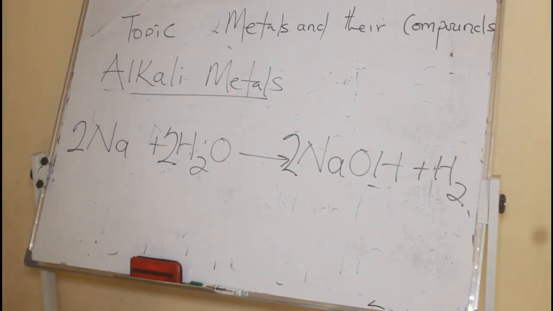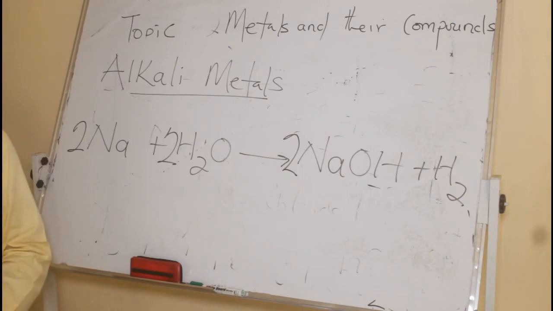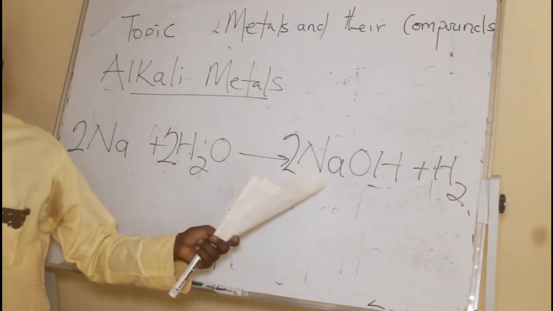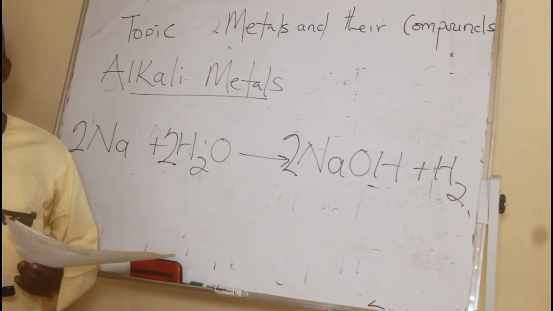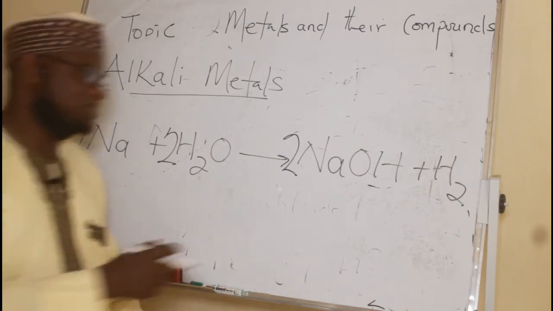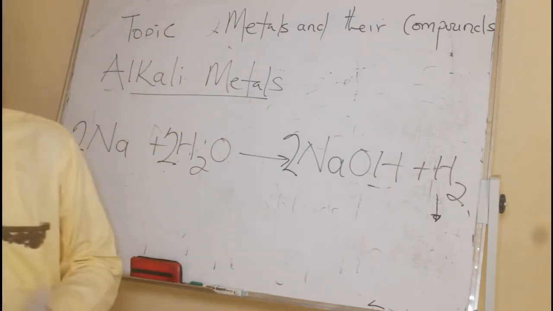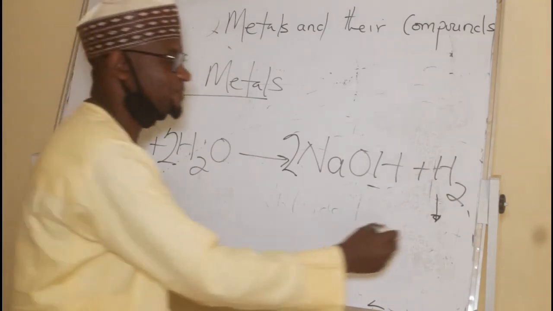React with water, but the reaction is kind of a dangerous reaction. This is a base, we call it sodium hydroxide. If you remember our common alkali, our common base, it reacts with water to give this base, which is an alkali. It's a very important compound, which in high concentration is very dangerous, it's corrosive. And then it produces hydrogen gas. Anywhere you have hydrogen and there is oxygen available, there will be reaction. Hydrogen reacts with oxygen explosively to give water.